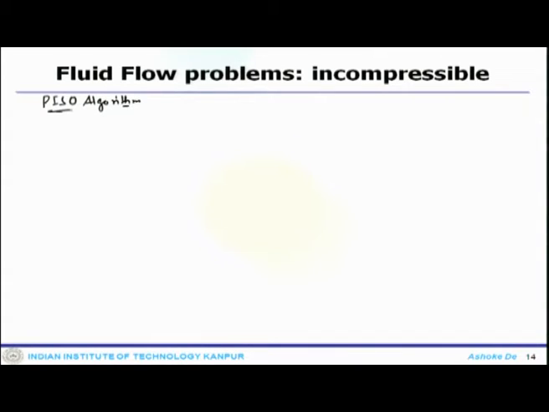And what happens in the PISO algorithm is that the neglected term in the SIMPLE algorithm, like Hc V prime, is partially recovered in a second corrector step. So, PISO is essentially based on some sort of a predictor-corrector approach,